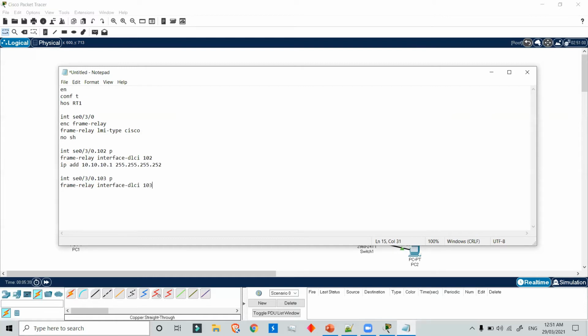Now 103 means that we are creating a connection from router 1 to router 3. And we will provide the IP address as 30.30.30.1 and subnet mask.